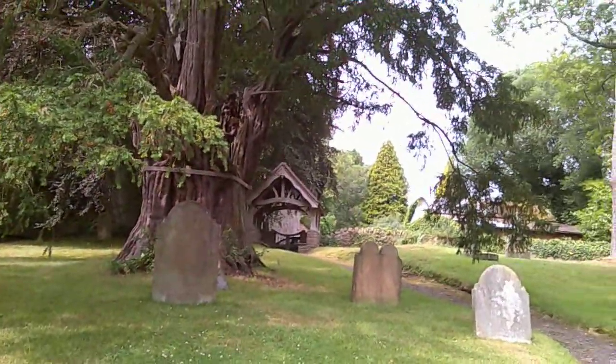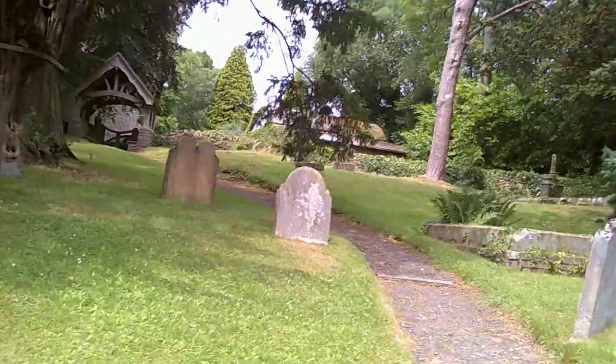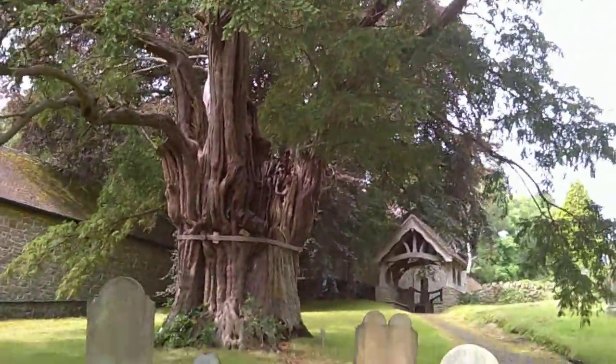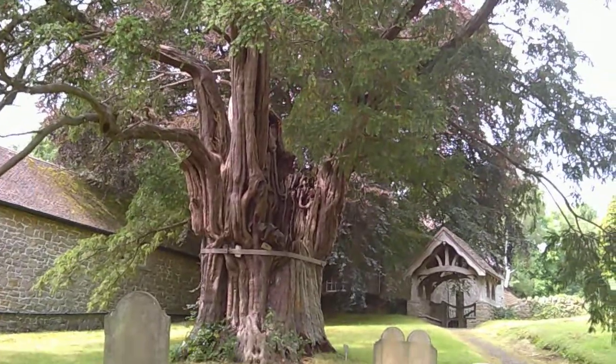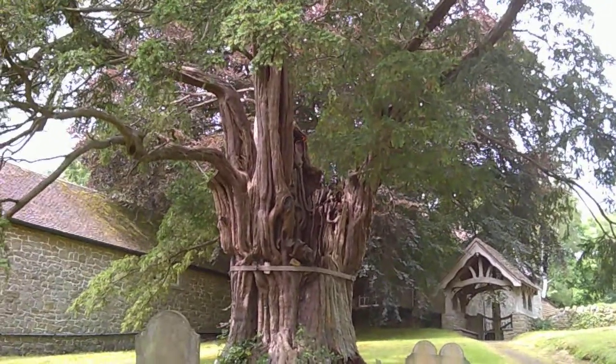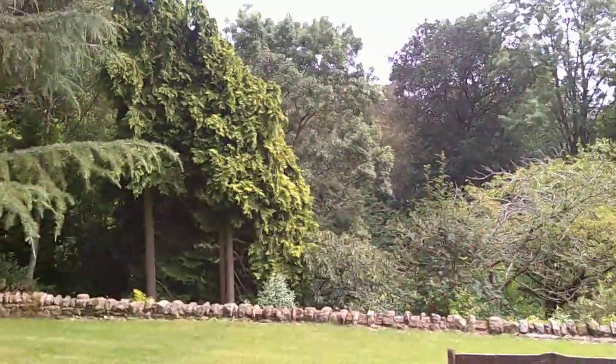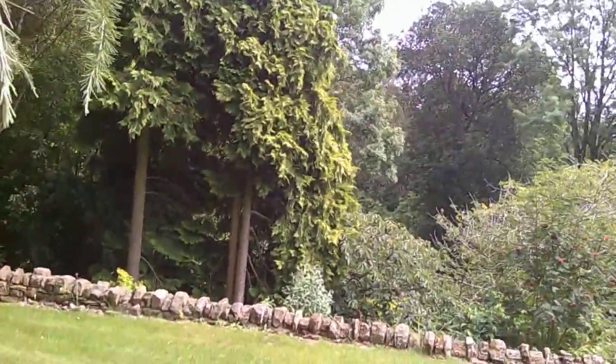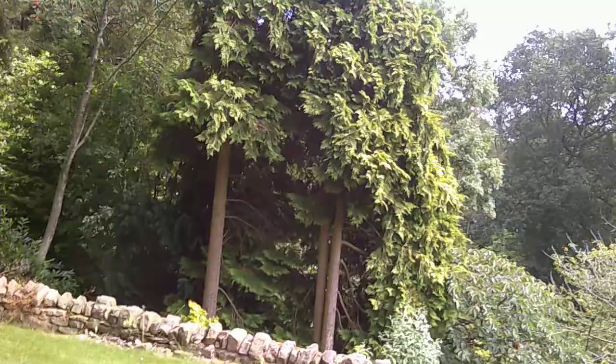There's the lich gate. The lich gate is modern. The lich gate actually is a millennium memorial. The yew tree, on the other hand, is huge and ancient, and is currently held together with a great iron band. We're surrounded here really by Preen Manor's estate. You see the gardens down here, and